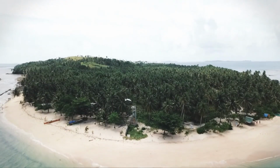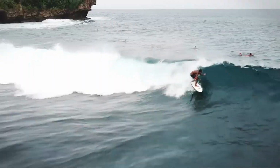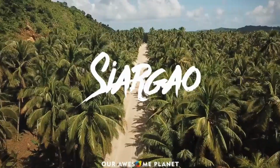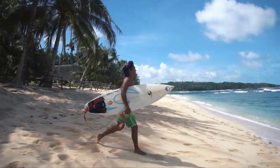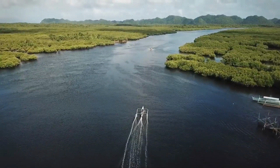4. Cloud 9, Siargao. Siargao's rise as a top tourist destination in the Philippines is nothing short of meteoric. Once a sleepy island in Surigao del Norte, it has become one of the favorite destinations and playgrounds for travelers. And it is primarily because of one activity: surfing. Surfers are drawn to Cloud 9, the most famous surfing spot in the entire country and a must in any visitor's